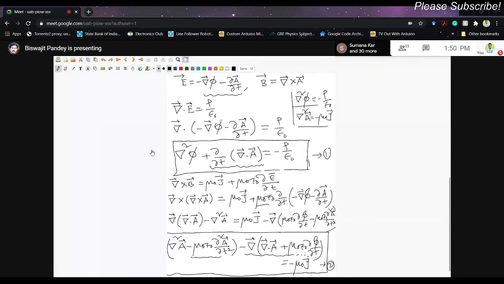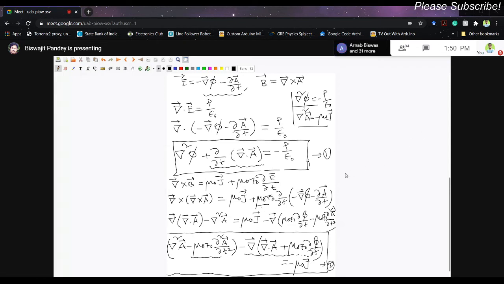It is not very easy to solve these two equations in a general setting. It's very difficult. Earlier the problem was simple. Once you know the charge density, you can calculate the scalar potential, take a derivative and get the electric field. You know the current density, you know the vector potential by solving these equations, and once you get the vector potential, take a curl of A, get the magnetic field. But this time it's not straightforward because of this combined nature. Electric field is given by the gradient of phi as well as the time derivative of vector potential A. So it is not sufficient to just know phi. You have to know A as well. So solving both these equations together is necessary.